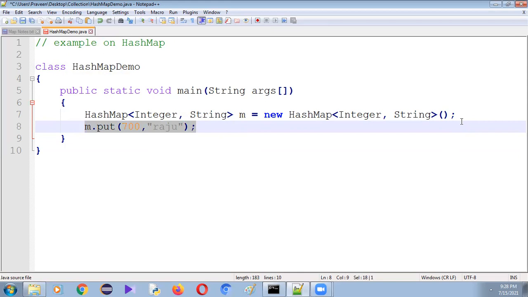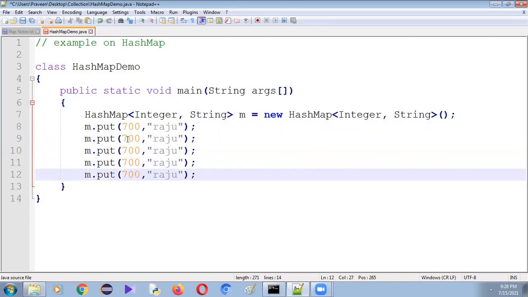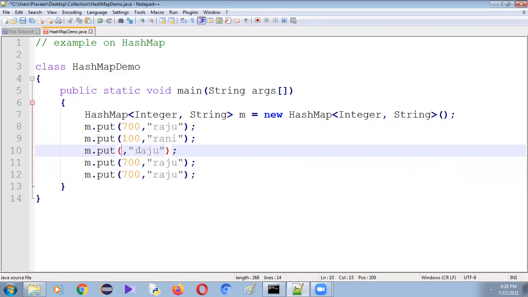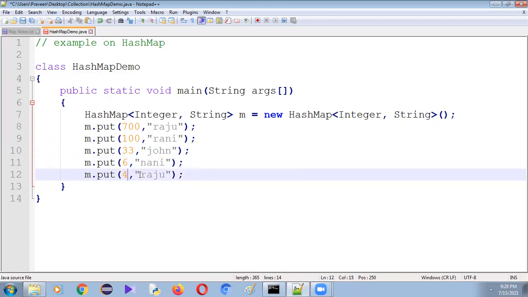In the same way, let me store the remaining keys and values. m.put of 100, Rani; 33, John; 6, Nani; 450, James. So how many objects did I add? 1, 2, 3, 4, 5.